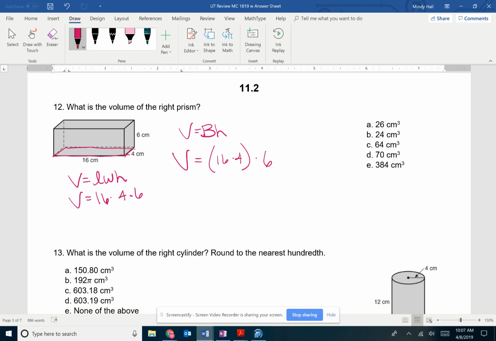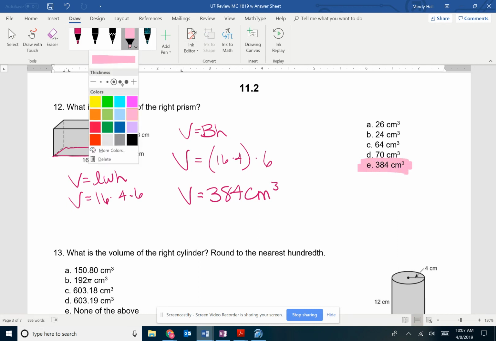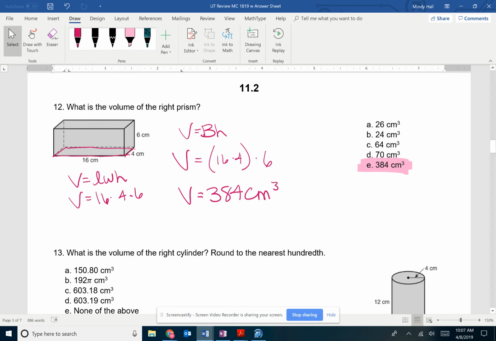And 16 times 4 times 6, oops, I typed it wrong the first time, would be 384 centimeters cubed, which gives us answer E. All right, so then for number 13,